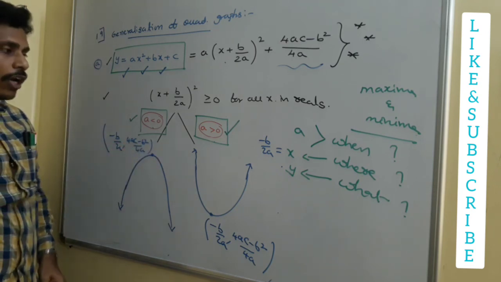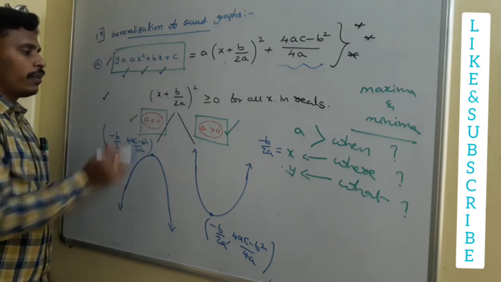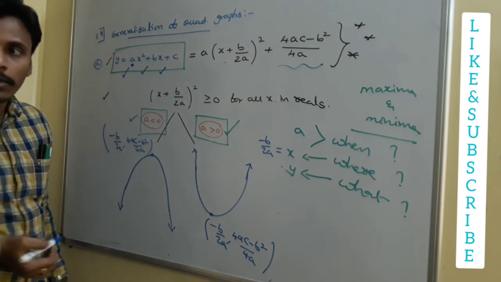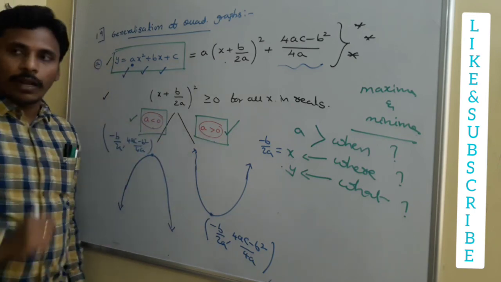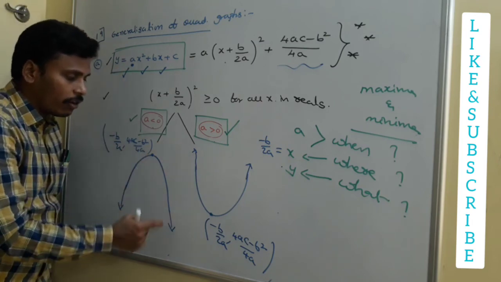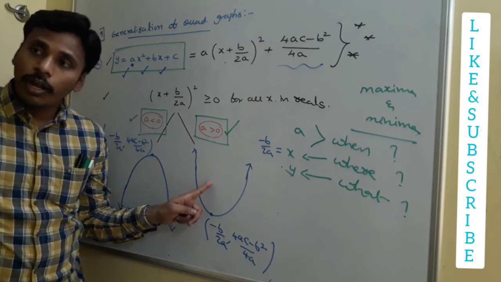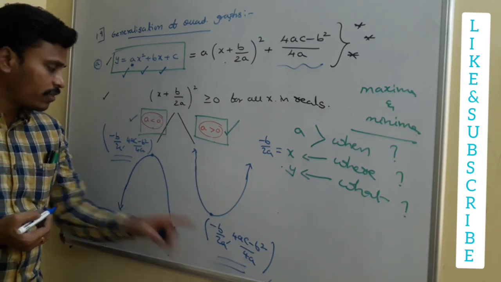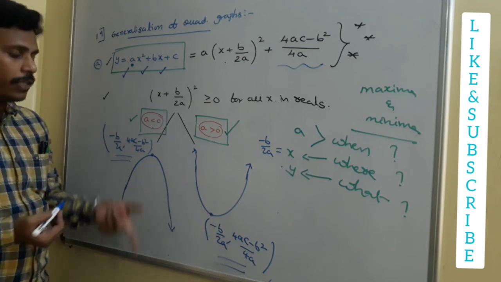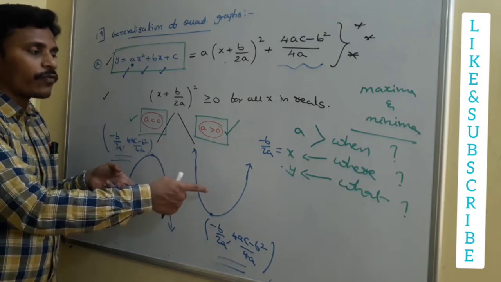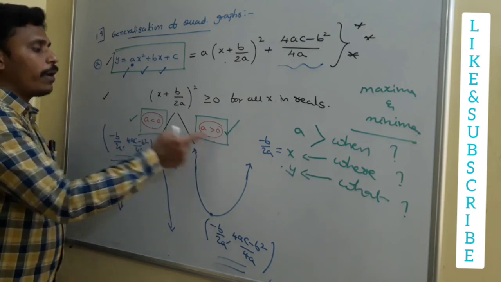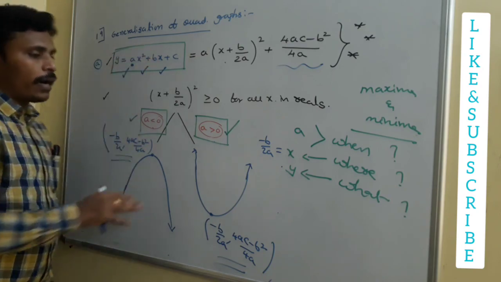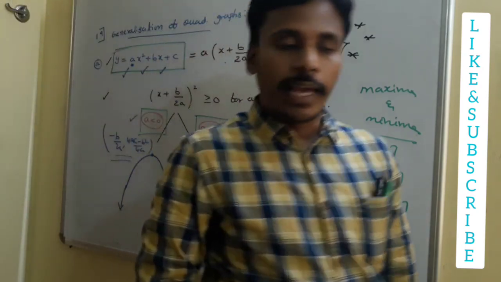What I am going to conclude is, if you have an expression, leave all this, just look at the coefficient of x square. If it is positive, the graph is an upward parabola. If it is negative, the graph is a downward parabola. For either parabola, the peak point is the same: the x coordinate is minus b by 2a, and y is 4ac minus b square by 4a. We don't have two graphs for the expression. We have only one, depending on the value of a. That's what you need to identify. And this is the conclusion for maxima and minima related to the quadratic expression.